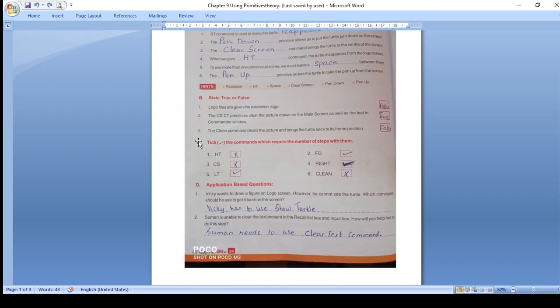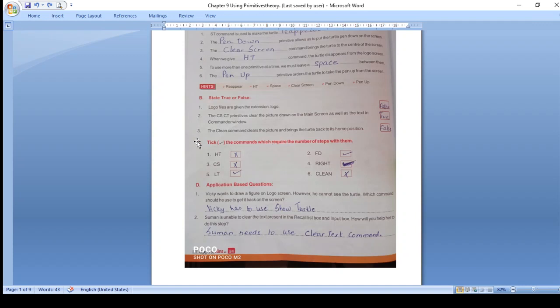Then the next question was question D, an application based question. Vicky wants to draw a figure on the logo screen. However, he cannot see the turtle. Which command should he use to get it back on the screen? So Vicky has to use show turtle, right? So the turtle reappears on the screen when you use show turtle.